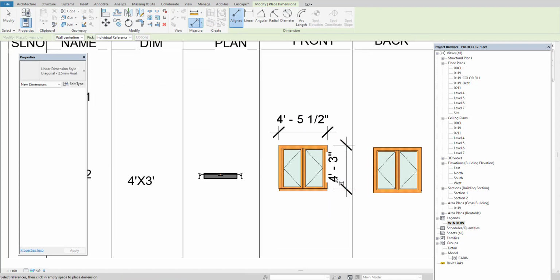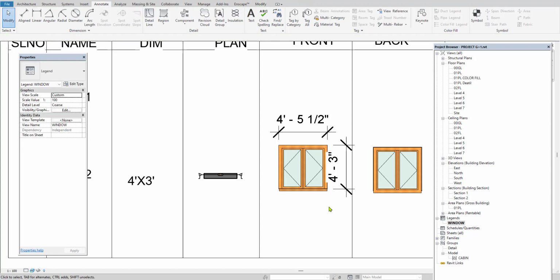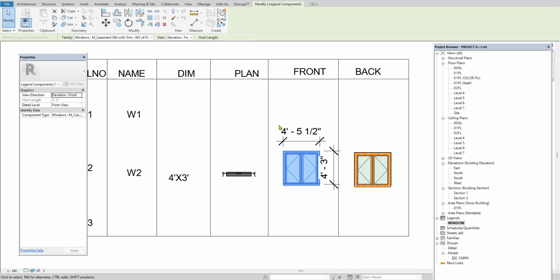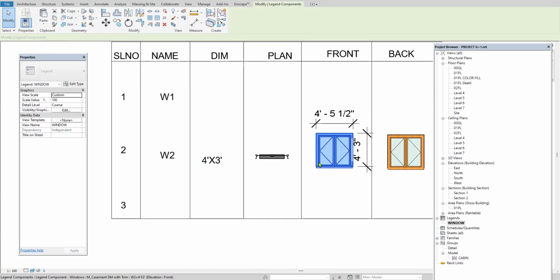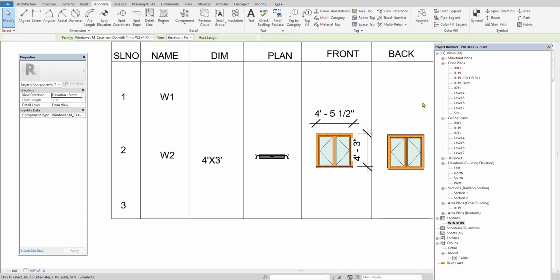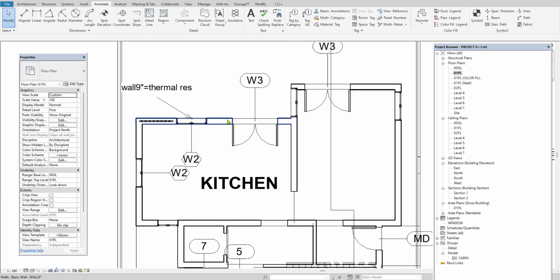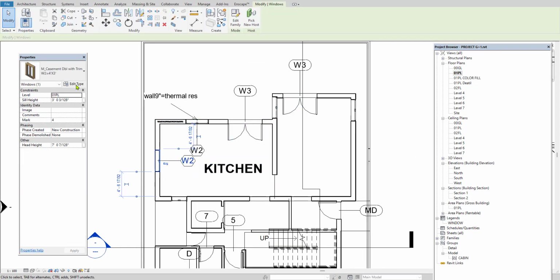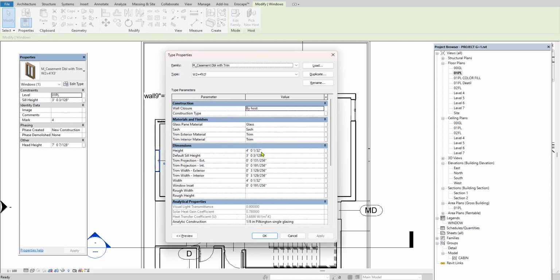You have to rename. Once again check the dimensions. Because this is also a W2. Exactly, you can make the height 4 feet and width 3 feet.